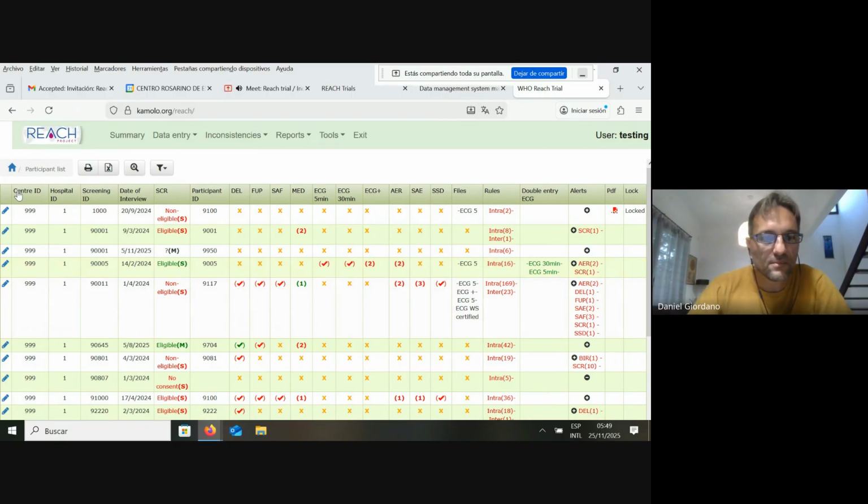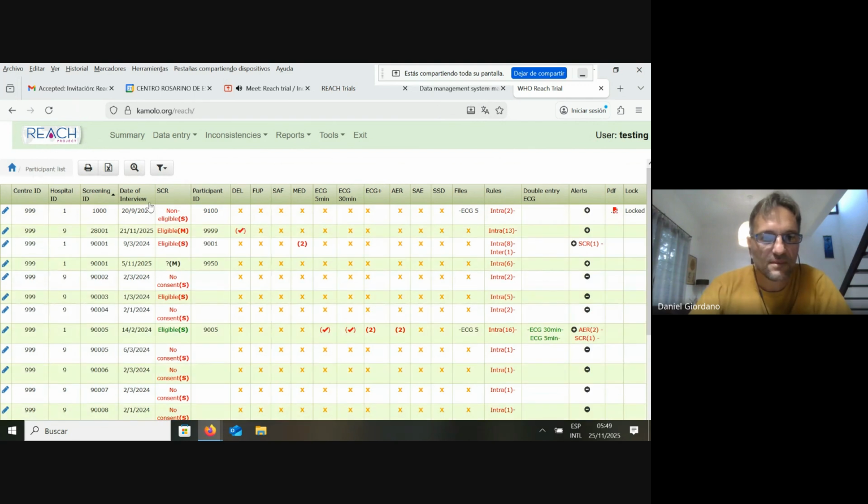The first column represents the identification of the screening worksheet, the date of interview, the participant ID. So when one participant appears in the participant list, it means that the corresponding screening worksheet is already entered in the